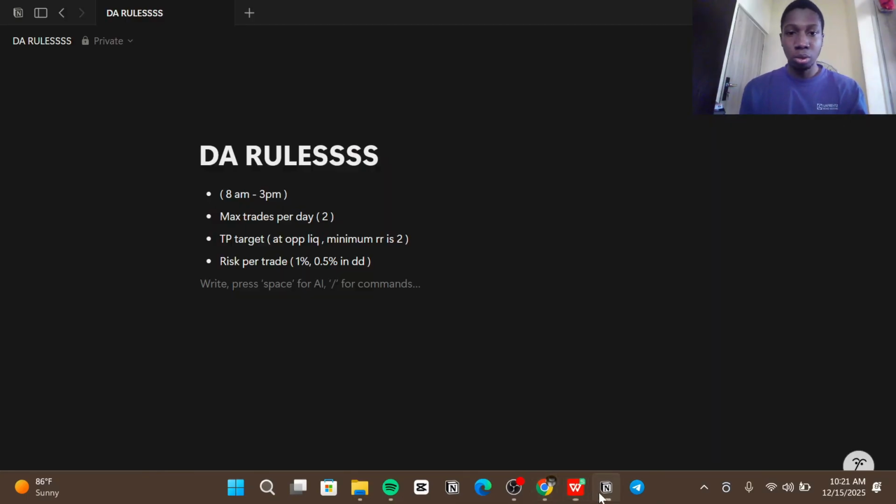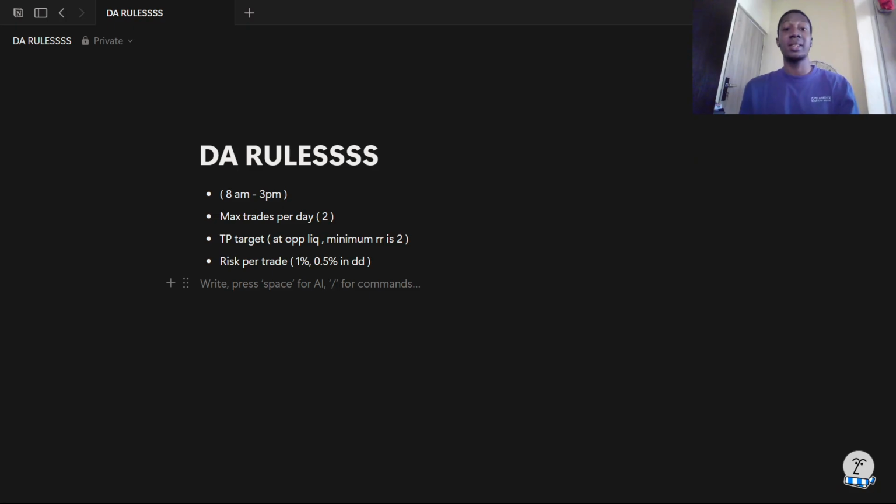These are going to be the rules we're going to be following throughout this backtesting session. I'm going to make it as realistic as possible, trading like we would actually trade in the live market. So I'm going to be looking for trades from 8 a.m. to 3 p.m., a maximum of 2 trades, and my TP target is going to be, I'm not going to make this too complex with the TP rules that they have in Discord, but I'm going to make the target opposing